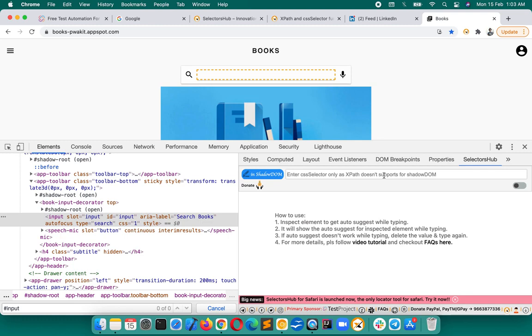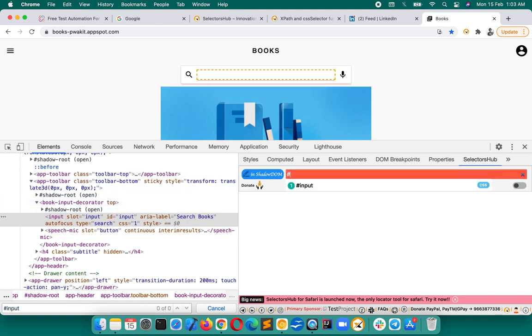Earlier, you must be wondering, how were people doing it in the past? Trust me, it was hit and trial. They would write a selector thinking it might work, use it in their script, and then execute. If it passed, fine. If it failed, they would try the next one. Imagine if you have to write 100 CSS selectors for shadow DOM elements and keep on doing hit and trial, how much time it would take through a script. They used to waste that much time. But now it's possible.